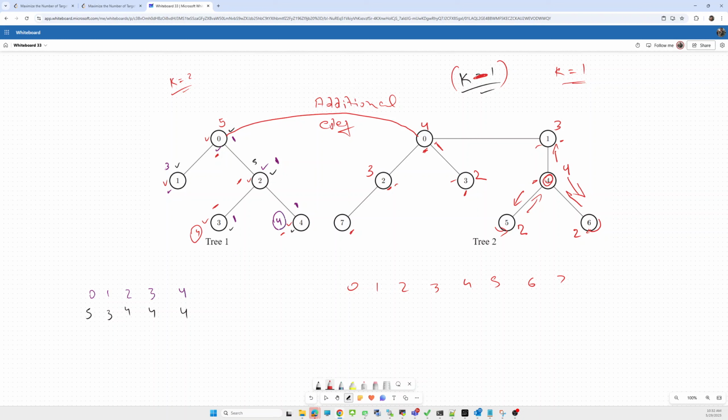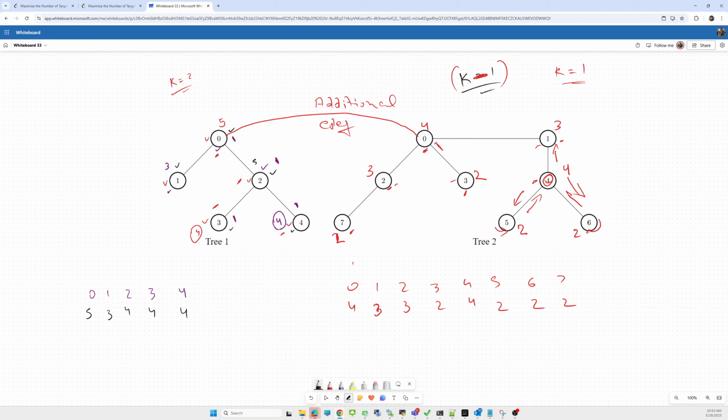So what will be the value for 0? It is 4. 1 is 3, 2 is 3, 3 is 2, 4 is 4, 5 is 2, 6 is 2, and 7 also has value 2. Okay, so we have two options, two nodes available.